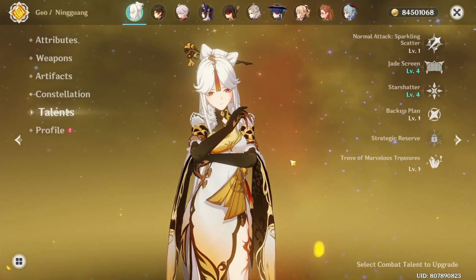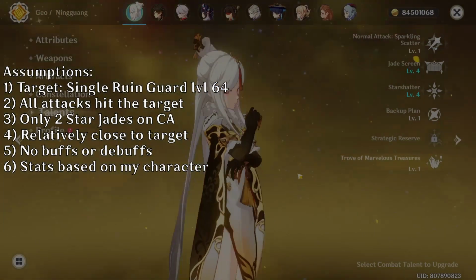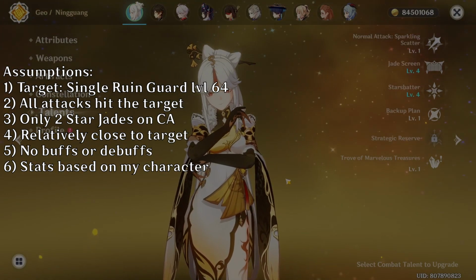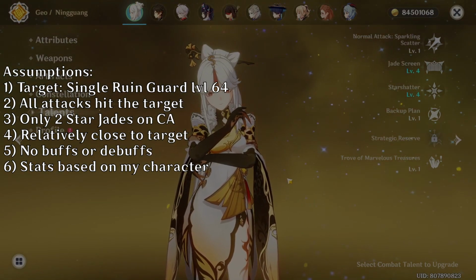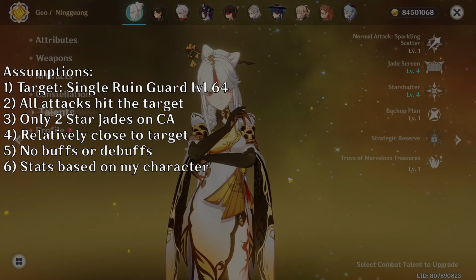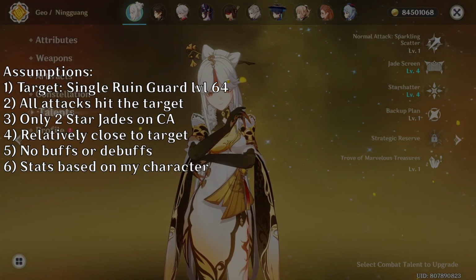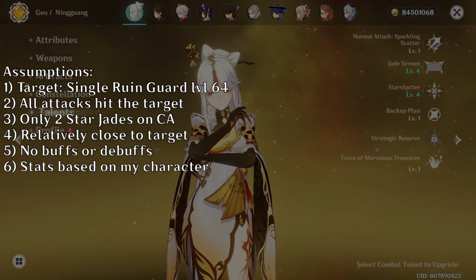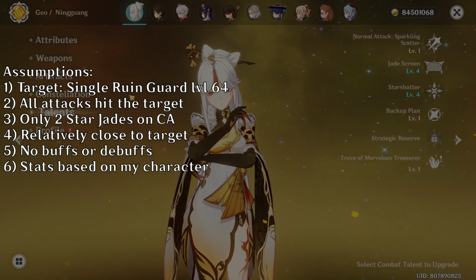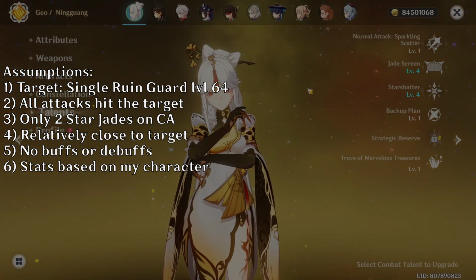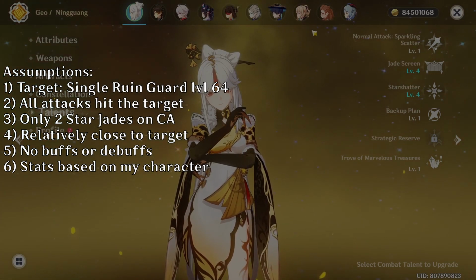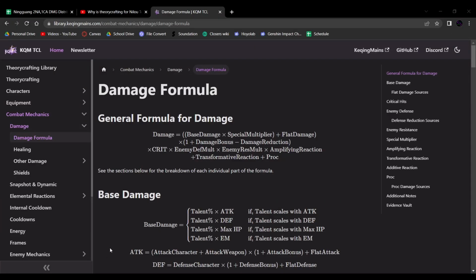With that, I believe that should be all of the assumptions. I mean, I guess I could say single target, but I think that's pretty self-explanatory. It's pretty clear that I'm only doing a single target enemy. I'm trying to make things relatively simple for myself, since I am only starting off as a theory crafter and I'm still quite far away from handling more complicated systems. Let's head back, and here we are with the damage formula.